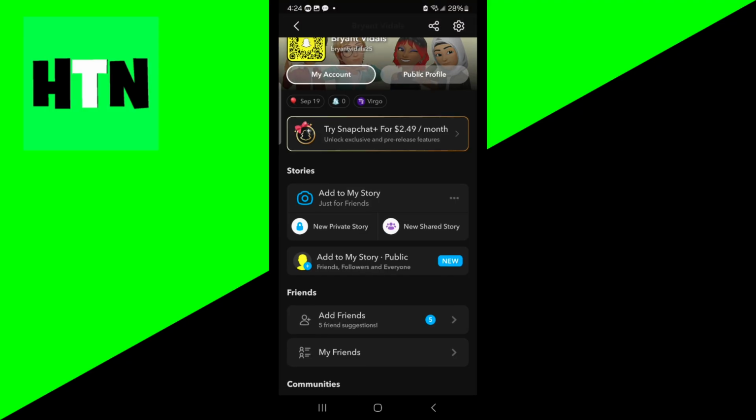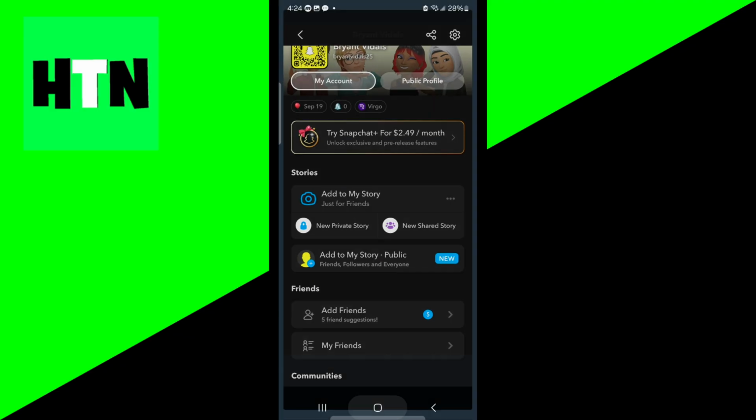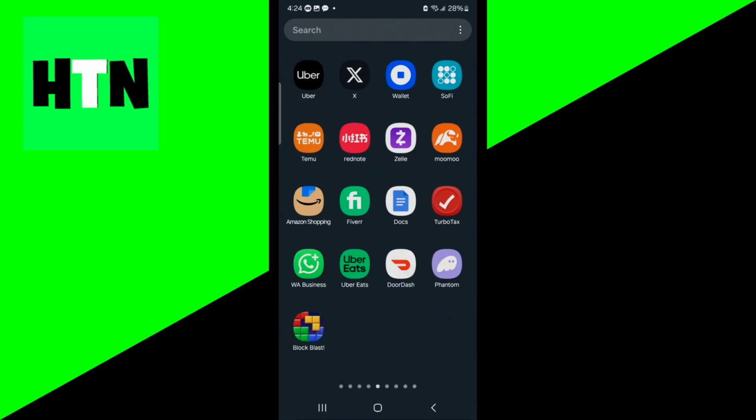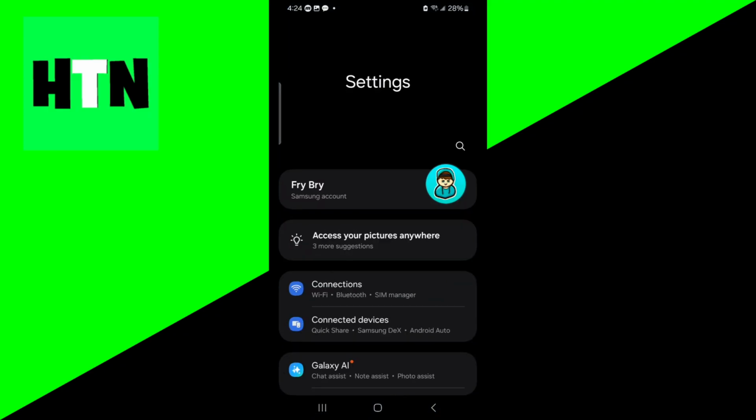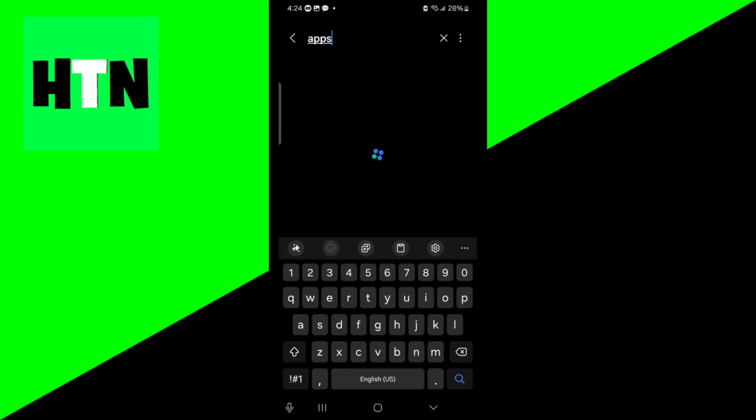Another reason why you could be getting this issue is due to corrupted files in the app itself. So if you want to go ahead and clear out all the corrupted files, then all you need to do is you need to go ahead and open up the settings app, and this will work both on iOS and Android devices. But just go ahead and select on settings, then go to the search bar and type in apps